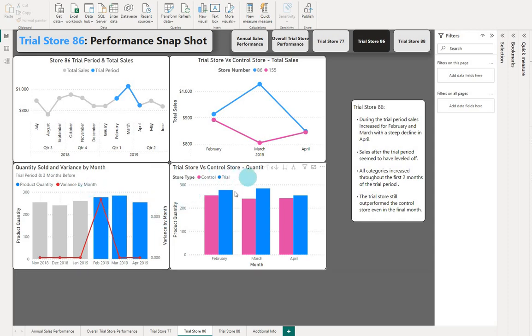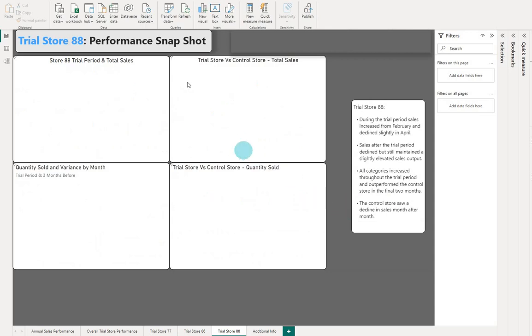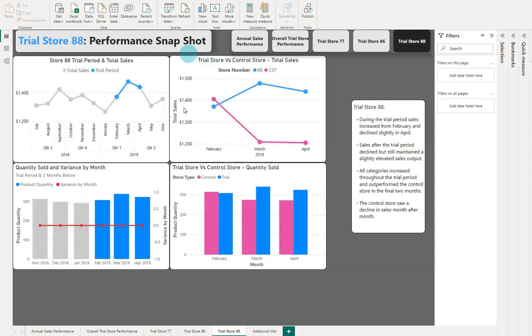And then the trial store versus the control store, quantity sold. You can see it outperformed the control store at every month. And then again, a little bit more information, basically just a little summary going through these visualizations. And then if we go to trial store 88, again, same format, same design, just to keep it easy